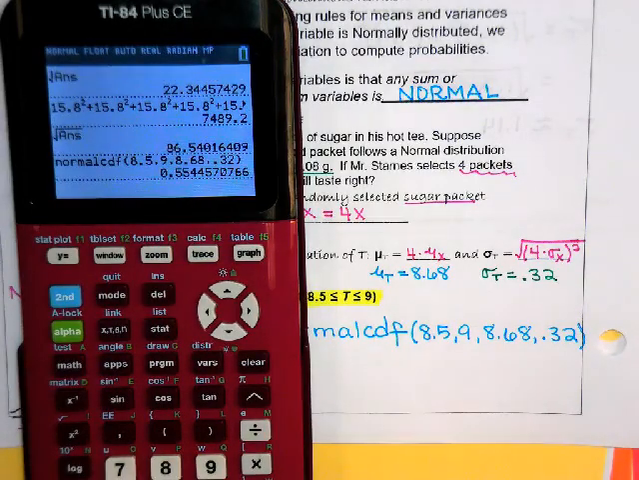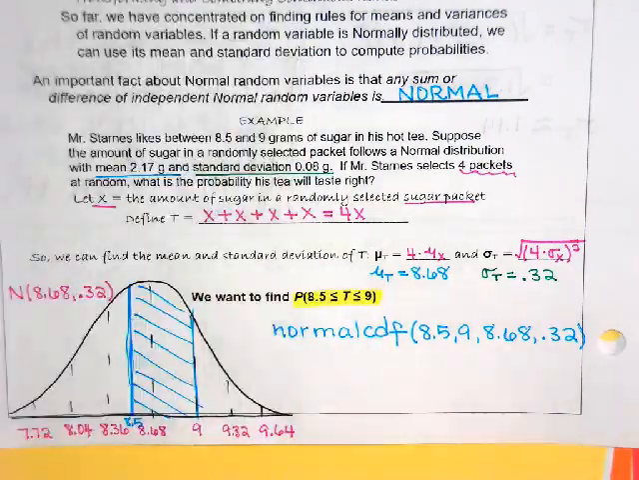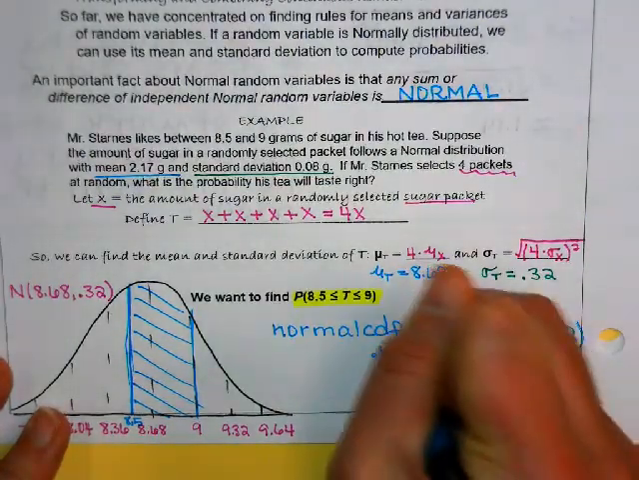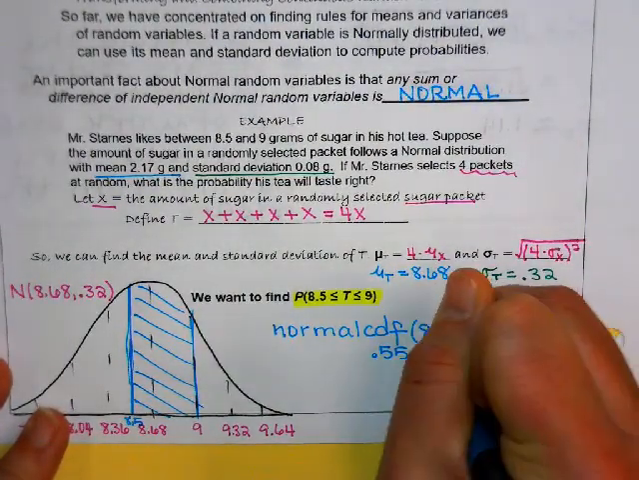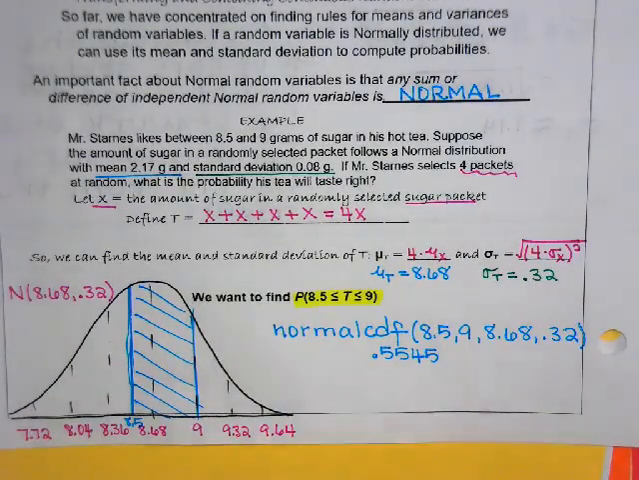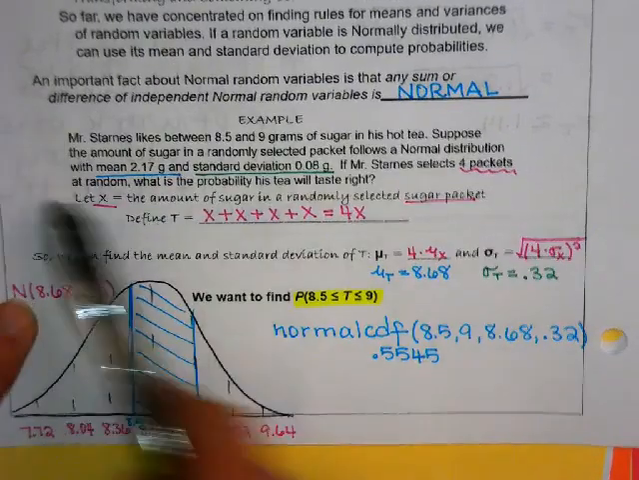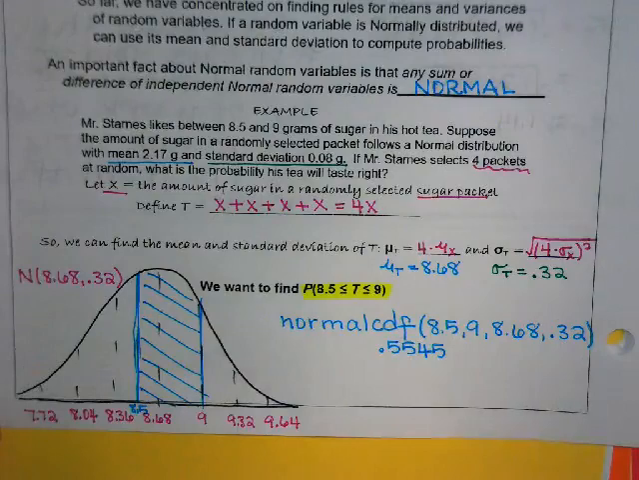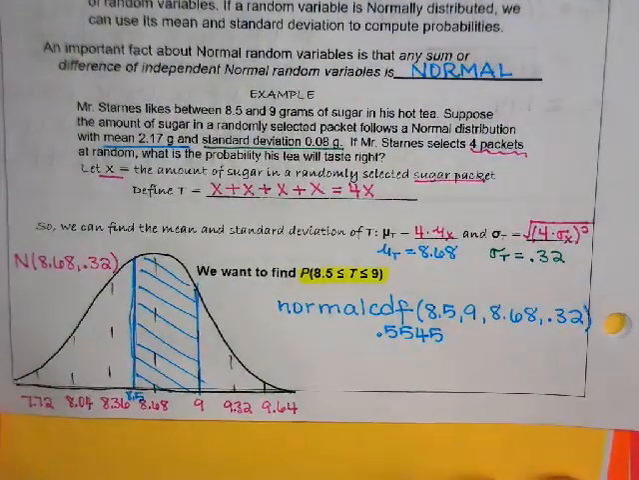And the other part that we have to do is interpret what this means. So what information did we just find? Area between 8.5 and 9. In the context of the word problem, the probability that his tea tastes correct when he chooses 4 random packets, right? Yeah. So again, you could probably word it better than me, but something like